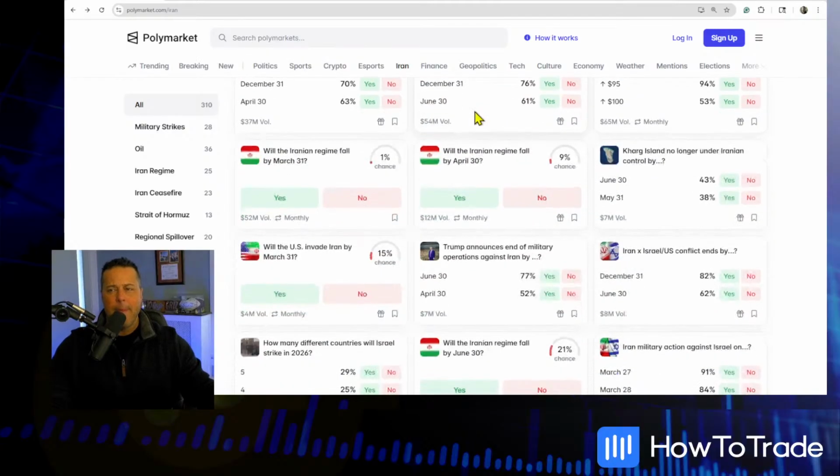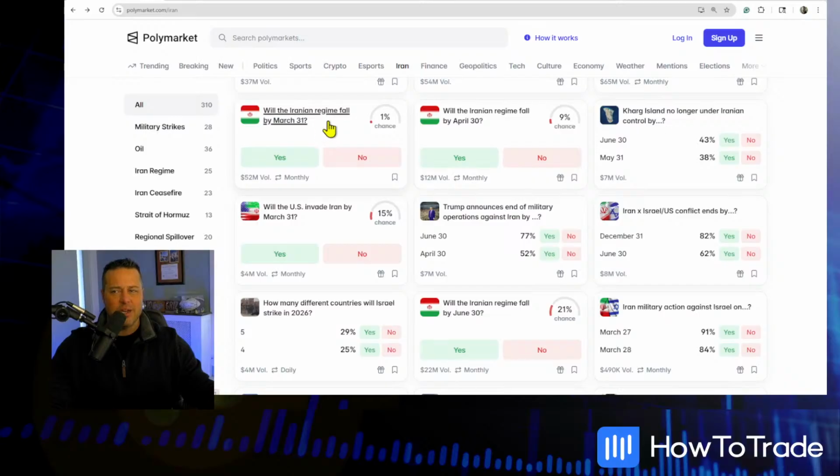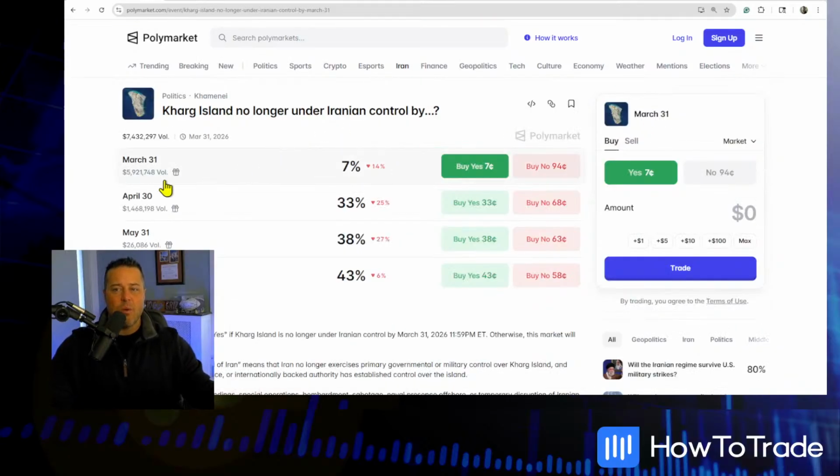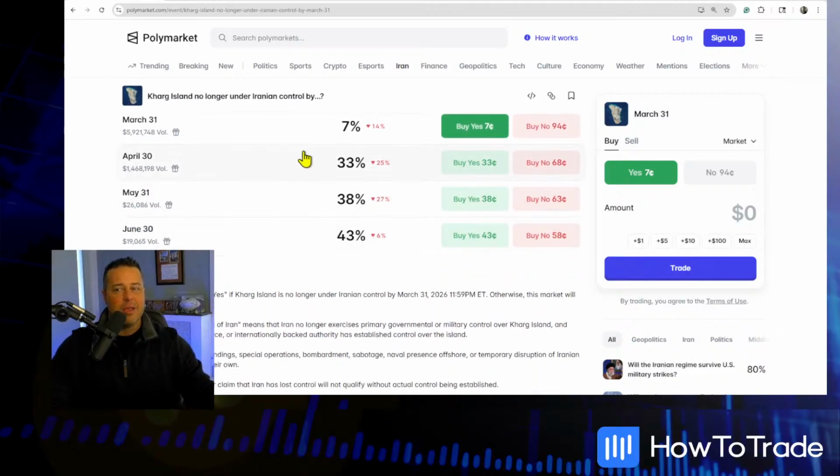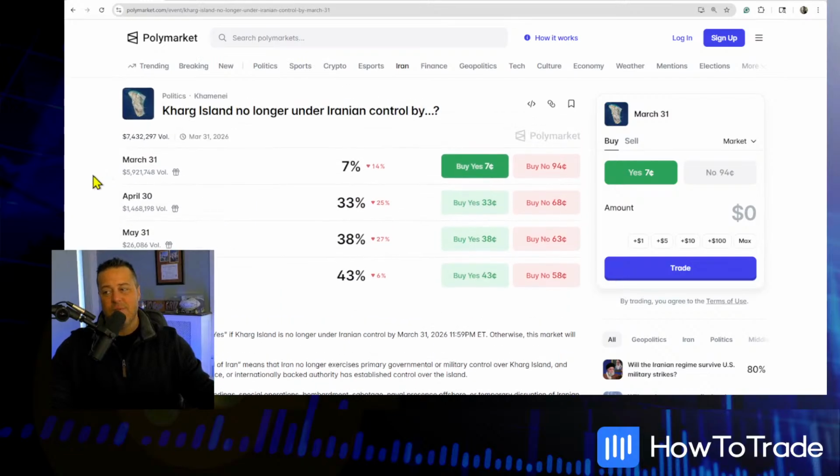I don't know. Will the regime fall by March? It's not going to fall anytime soon. They've proven that's not going to happen. And this is really one of the hot zones we're watching, Kharg Island. Kharg Island is no longer under Iranian control. They believe that there's a legitimate chance that the United States and allied forces are going to go after Kharg Island. If they do go after Kharg Island, let's say they do it this weekend,